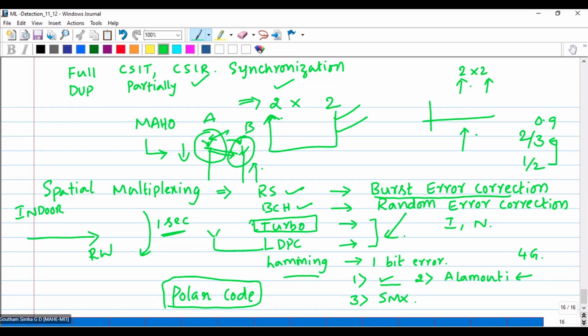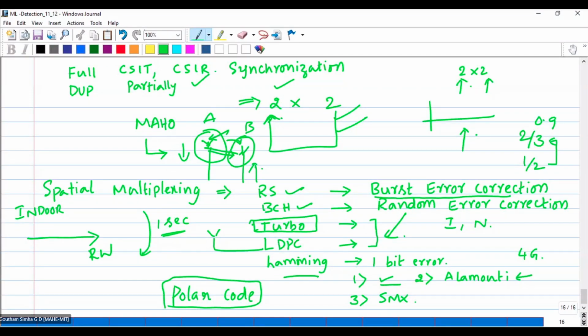Codes, generally, the RS code, BCH code, turbo code, LDPC codes, or whatever codes you are going to implement, polar code even for that matter, improve the reliability of communication. It extends the distance of reliable communication from, let's say, in an indoor area, 15 or 20 meters to, let's say, 35 or 40 meters, depending on what kind of indoor communication you have. And you've heard of giga routers. What does it do? It installs one more antenna and transmits the same piece of information, improving the reliability.